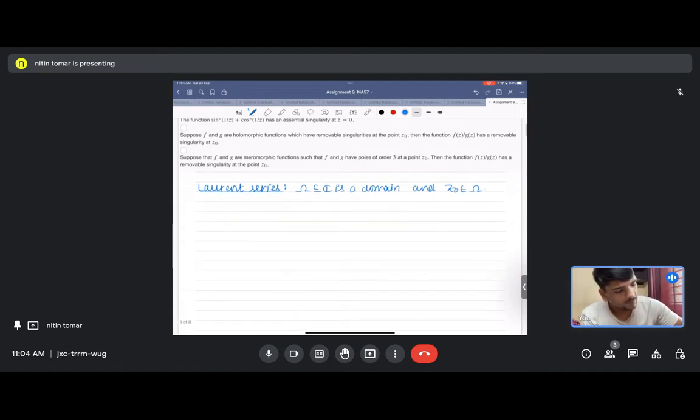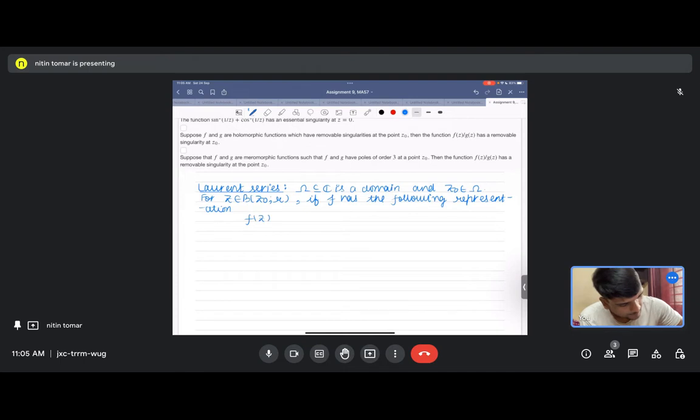We fix z naught. Now, for z belonging to B of z naught comma R, if f has the following representation,